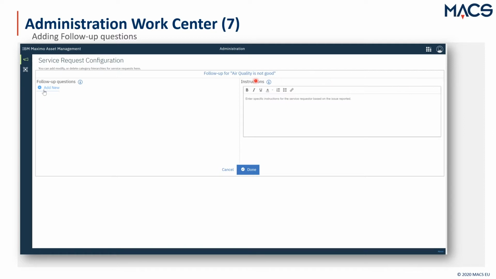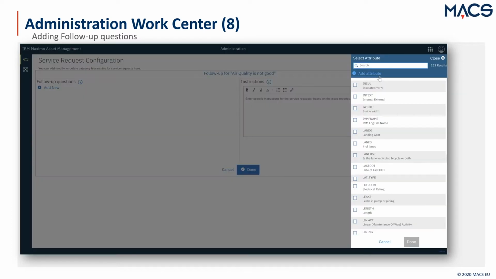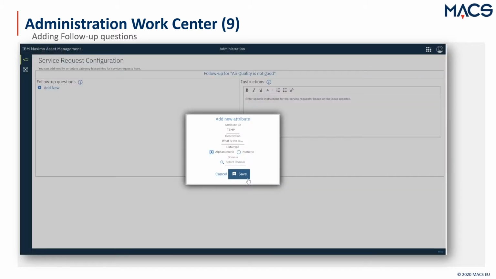So when I click on add new here on the left side, you will see that I get this lookup on the right side where I can choose from already existing attributes, but also create a new attribute. So I click on Add Attribute, and I want to create a new one right now. When I click on Add Attribute, I get this little dialog where I have the possibility to fill in